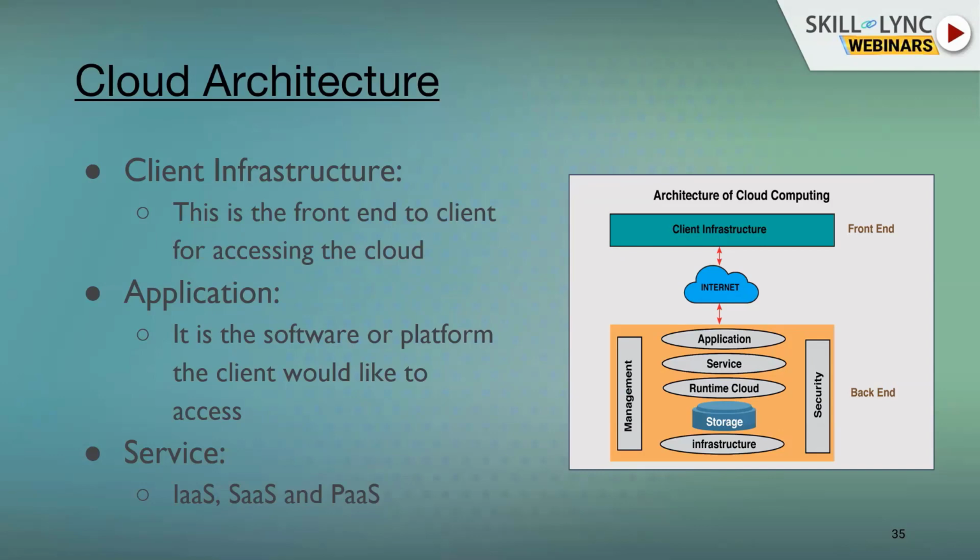From a cloud perspective, there are three types of services that are provided. One is called infrastructure as a service, another is called software as a service, and another is called platform as a service. What we are currently discussing is more of infrastructure as a service and platform as a service. Software as a service is where the customer has hosted their application in AWS, and their application is being given to some other platform developers to work upon as more of a software as a service model.